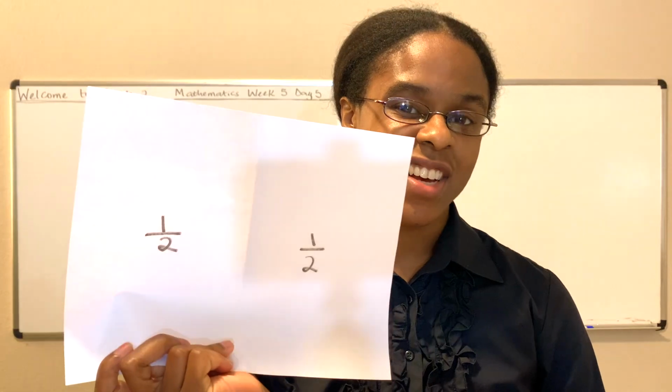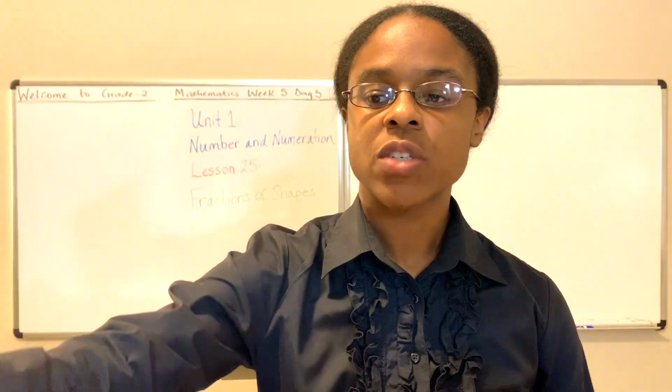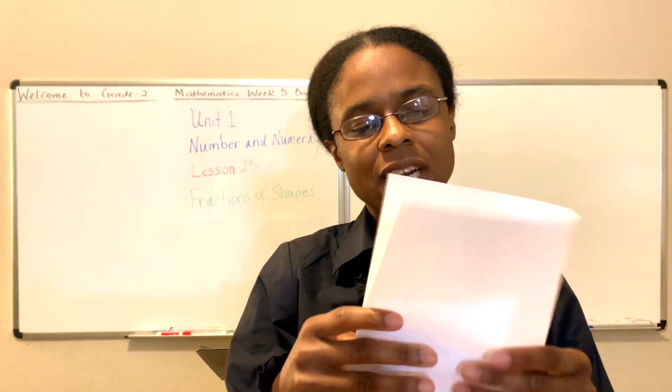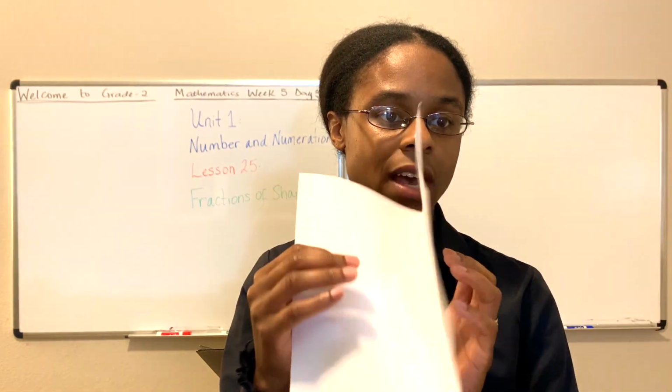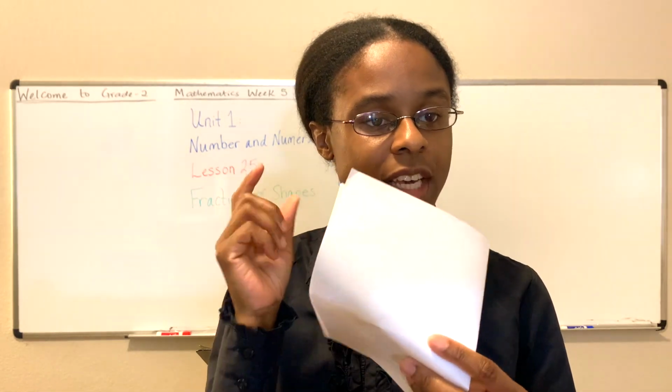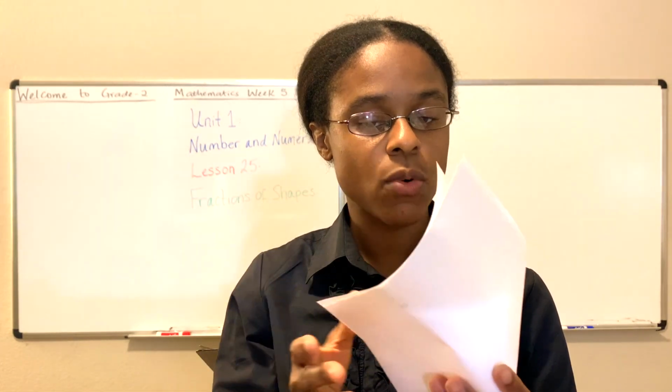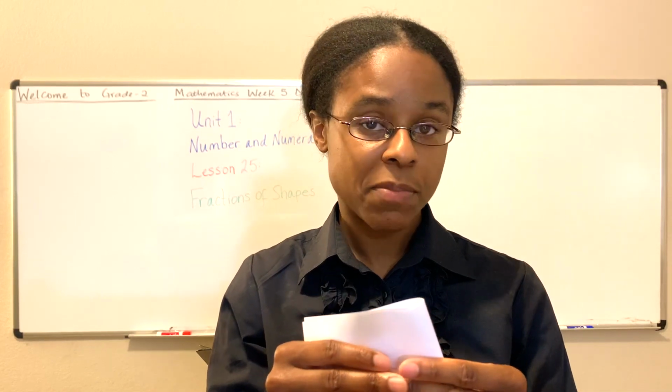Now, from your past lessons and your understanding, what do we call each of these sections? We call this section 1/2, and we call this section 1/2. We've had an opportunity to talk about that previously and even write it down. Do you remember this? 1/2 to represent 1/2. Now, what happens when I take this same piece of paper and I divide it again? We had a half before, each section being an equal part of the whole, and thus being 1/2.